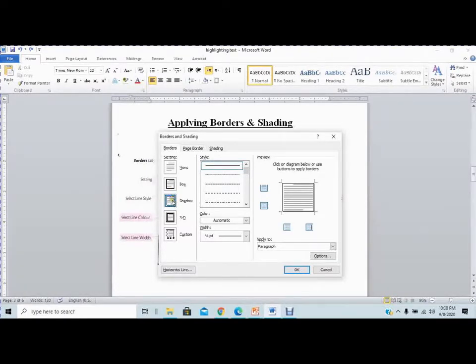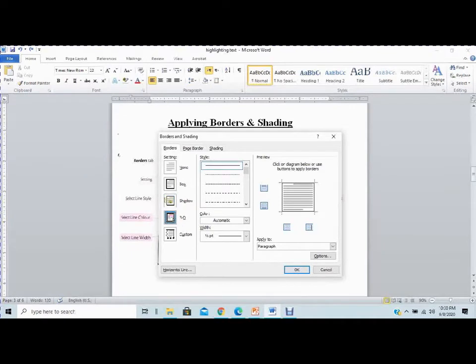Here I want to remind you that this is the preview area. From here I can see how my text will look when I select these options from the borders dialog box. So I can see over here the shadow is visible.